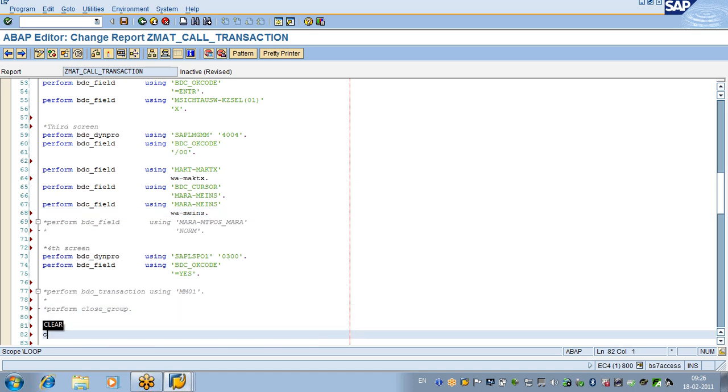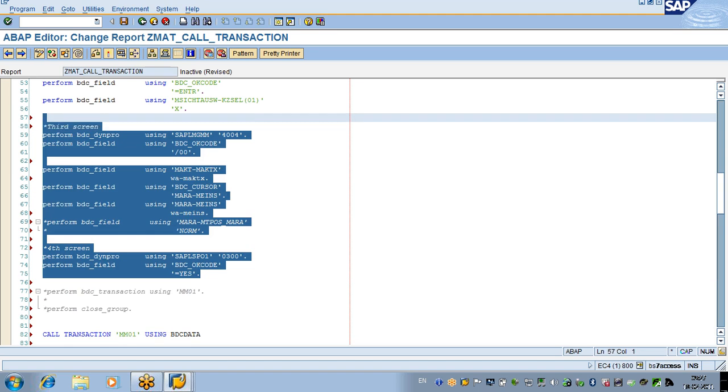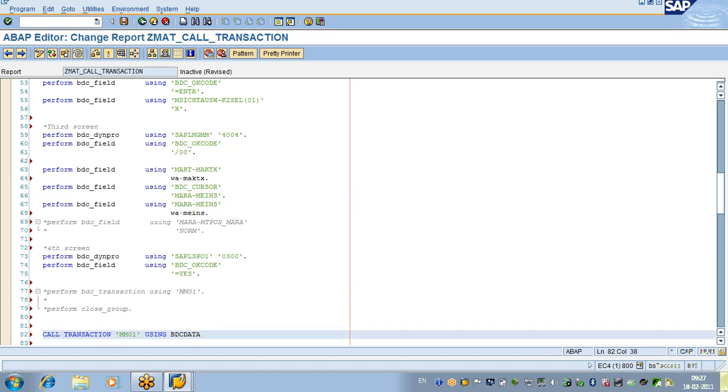So after that, finally what I will do, I will write a syntax. The syntax is CALL TRANSACTION. Which transaction are we going to call? To create a material, which transaction do we need to call? MM01 using BDC data. That means what? Till now all these performs have filled the BDC data internal table. Using that BDC data internal table, call this MM01 transaction,